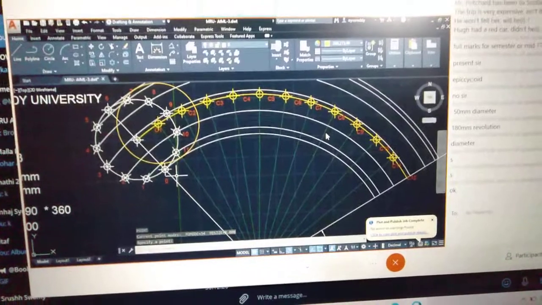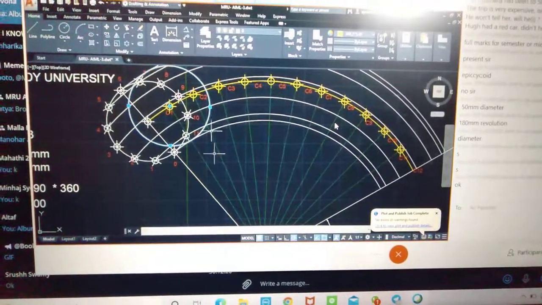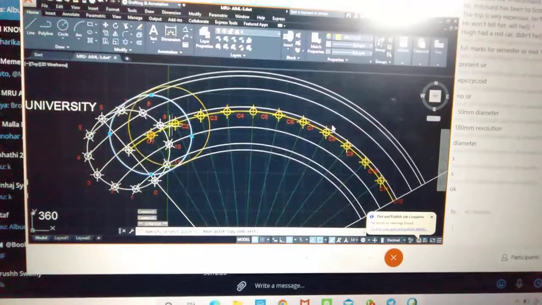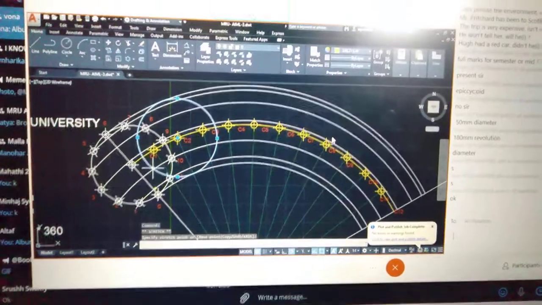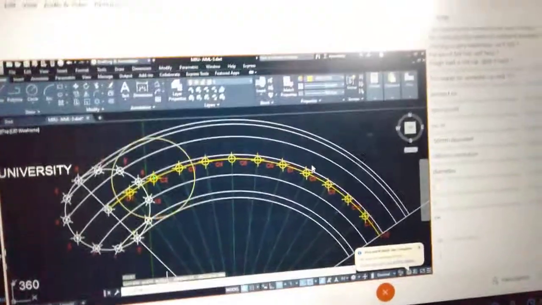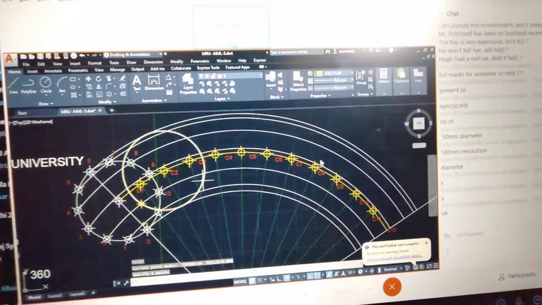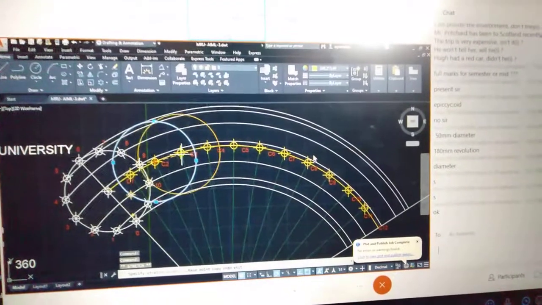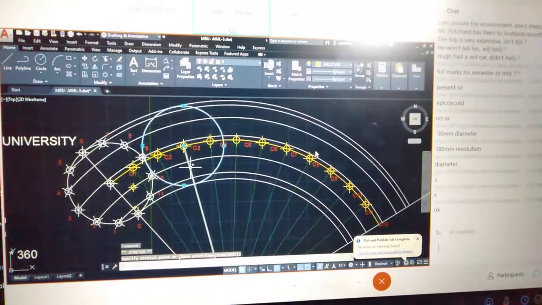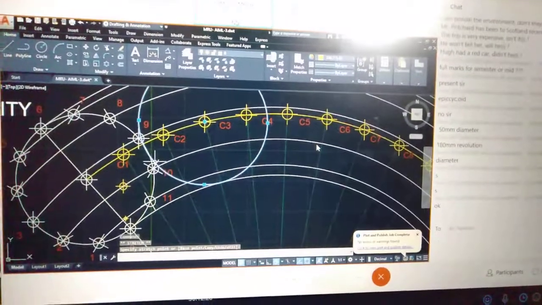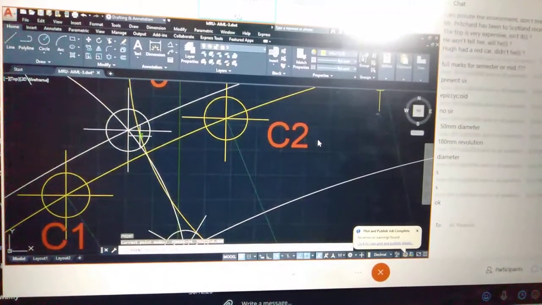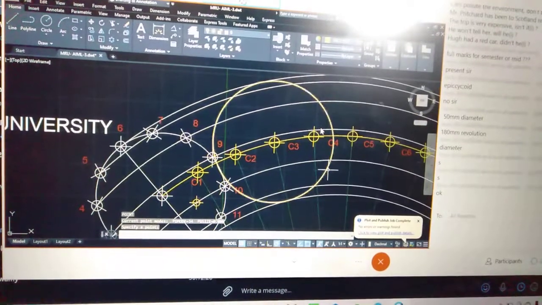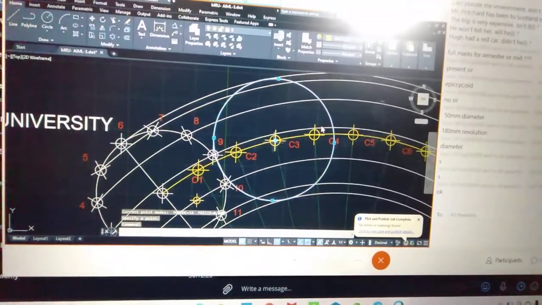And delete the circle. If you want, delete the circle. Otherwise, you can move the circle. Move the circle to C2. That's all. Move to C2 and then make it a point on the second line. Then move the circle to the third point, C3. Now make it a point on the third line, the white line. See here. Third line, make it a point. PO, enter, just make it a point. Now move the circle to the fourth point.